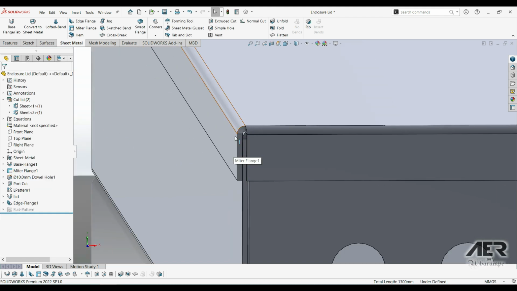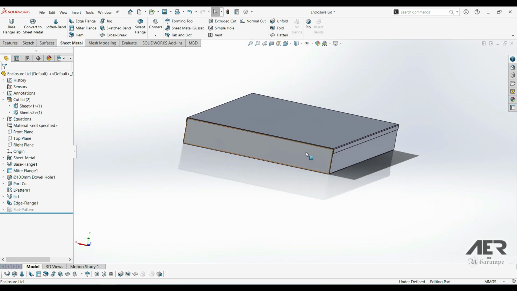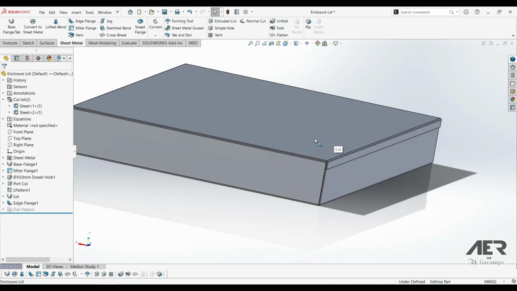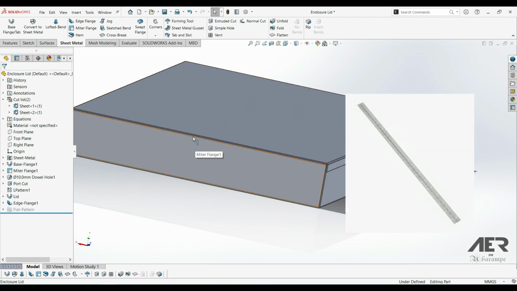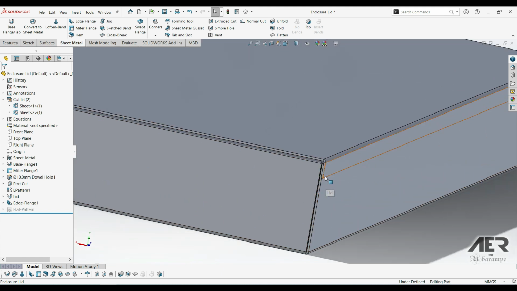So the front and the sides are looking good. If we look at the back here, we can see there's no flange along the back. Maybe we could have something like a piano hinge, which is a small hinge that runs the entire length of the sheet. We won't add that in, but we'll just round off the sharp corners of the back using the break corners option. So I'm going to go to the corners tool,